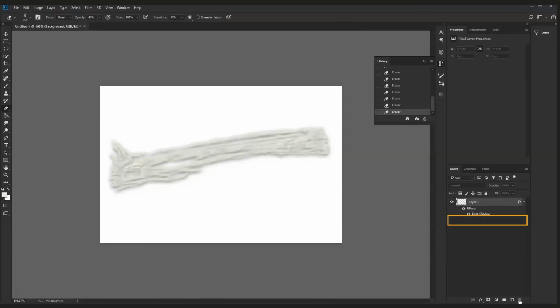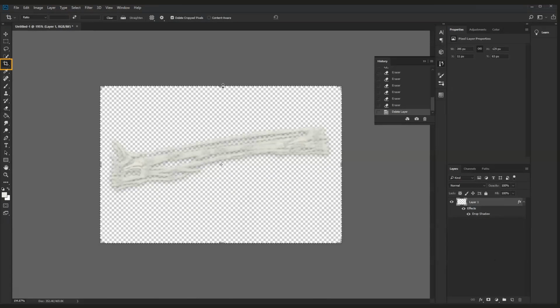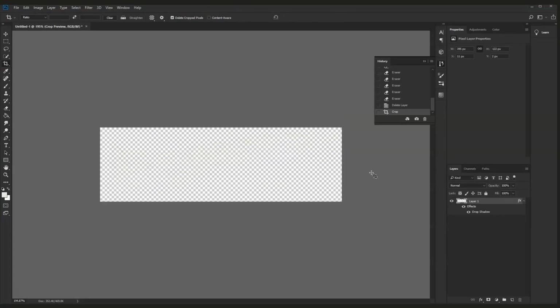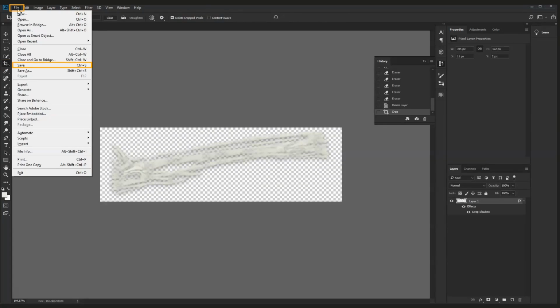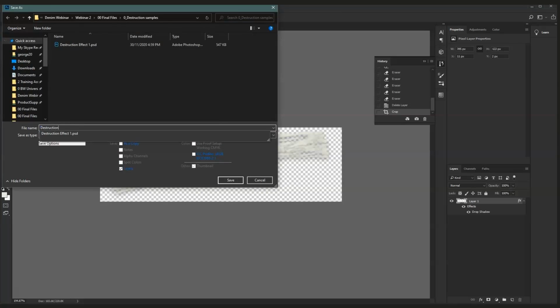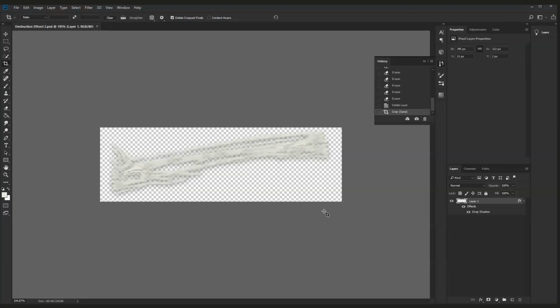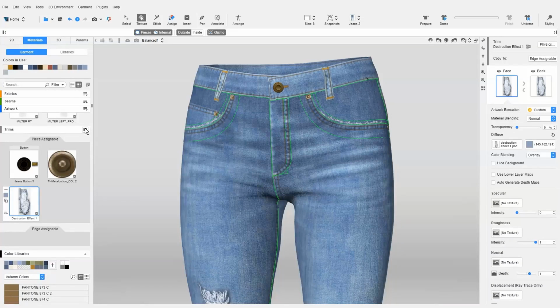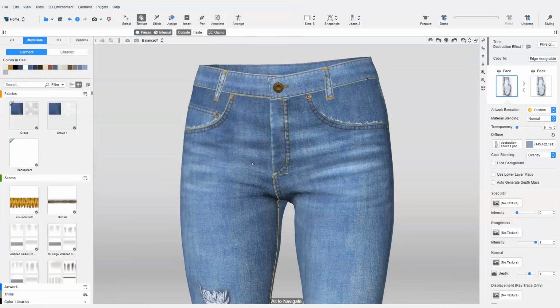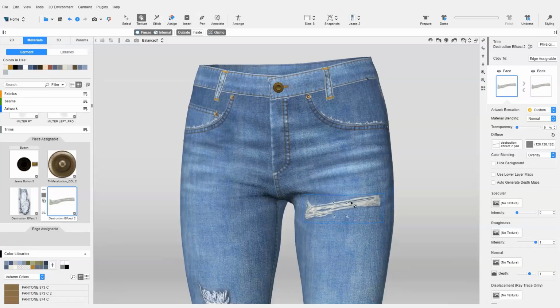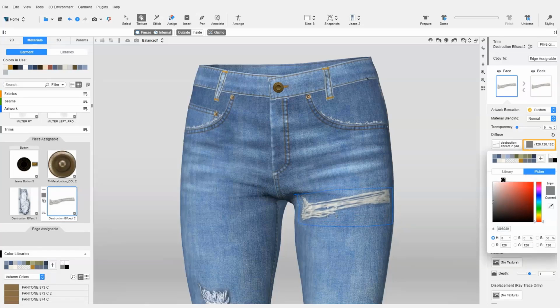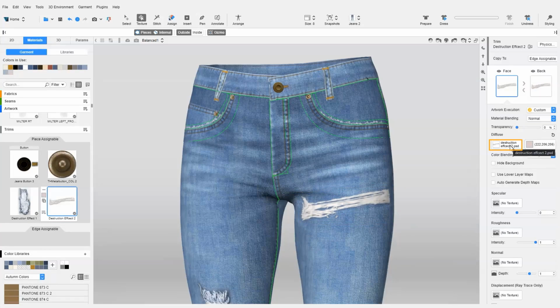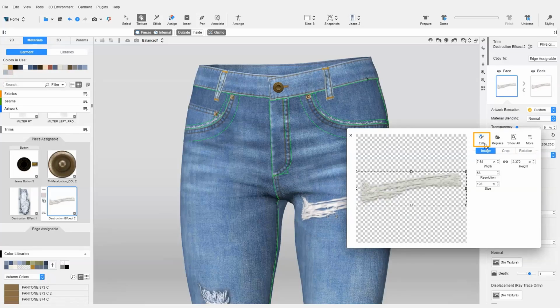We can delete the background and crop the image to the size of the destruction effect. Save the file as a .psd. Once done, we bring the file into VStitcher as a piece assignable trim and apply it to the garment. We adjust the color to match, and again, can make any necessary changes using the Edit option in the image